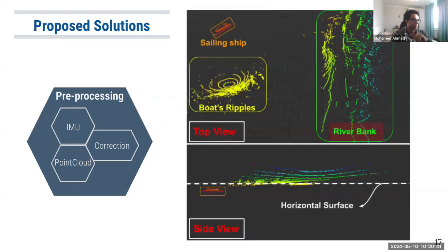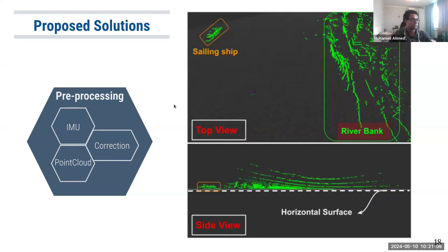And this is a very important step. So you remember this image? There were these boat ripples here, and a side view for this. This is kind of a top view or isometric view for this scene. And if we look at the side view, we'll see that this ship is under the horizontal line. This is before the pre-processing, before using the IMU and the point cloud to do the correction. But after we use the IMU, as you can see, we could remove these ripples, because most of these ripples around your boat will be above the horizontal line. So you can remove them, and actually after correcting the point cloud, you will see that this shape or any kind of object will be above the horizontal line, in its correct place, like how we can see